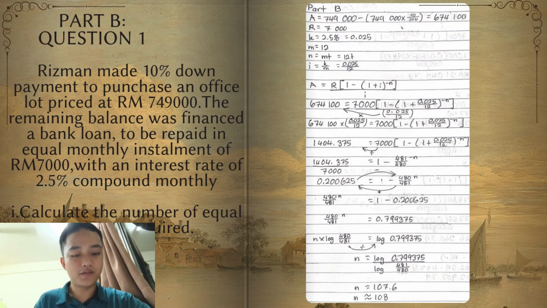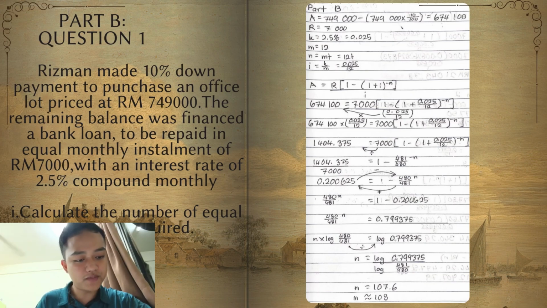First, step 1, I use this formula and I fill in the information above into the formula. Second, on the right, I move the bracket 0.025 over 12 to the left and I solve. I get 1,404.375. After that, on the right, I move 7,000 to the left and I solve. I get